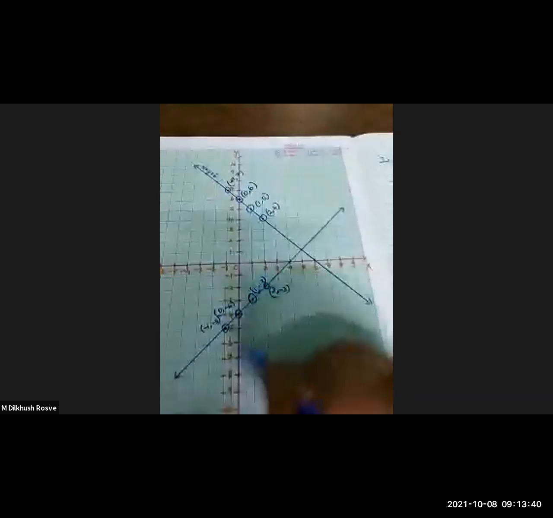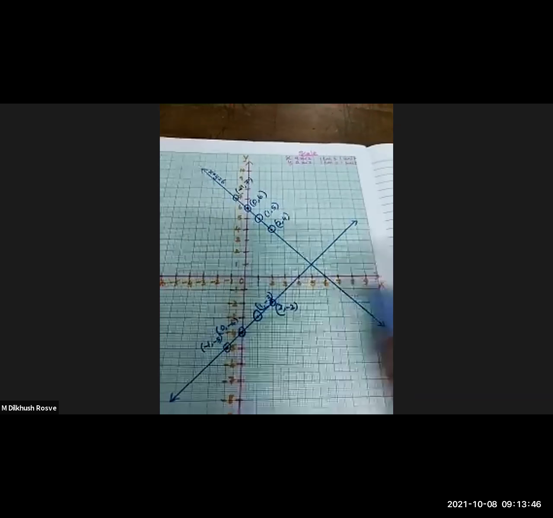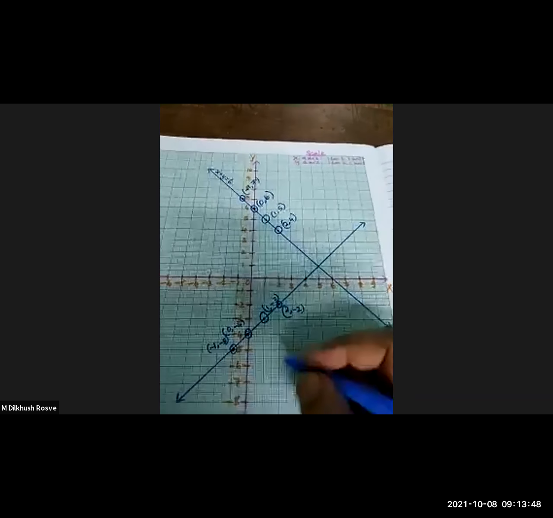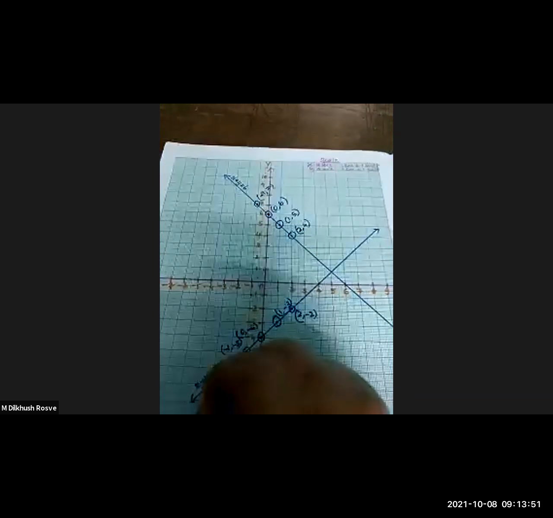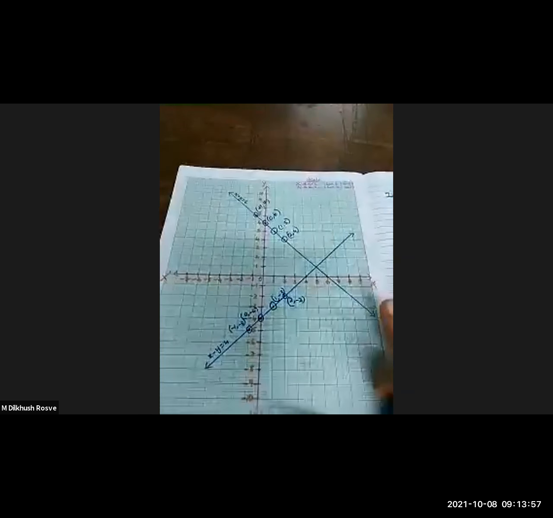One minute, students. Yes. See, I joined these points also. So this line and this line I have drawn. And here also, see, the second equation is x minus y equal to 4. So you write here, x minus y equal to 4. Everything we have found and written. And the main thing is, you also have to write the scale: x-axis 1 centimeter equal to 1 unit, y-axis 1 centimeter equal to 1 unit.